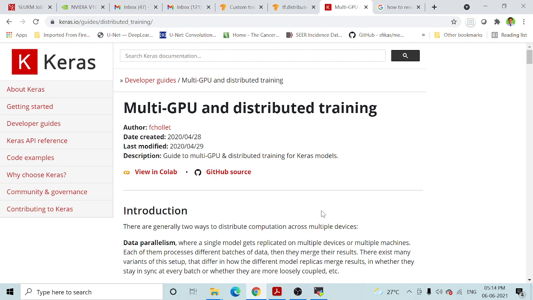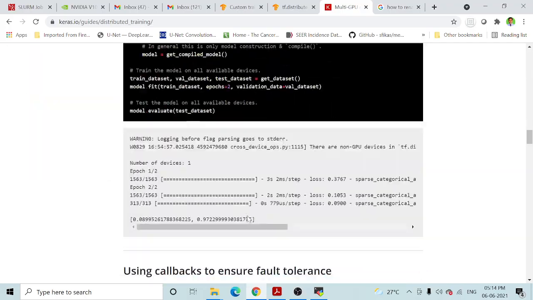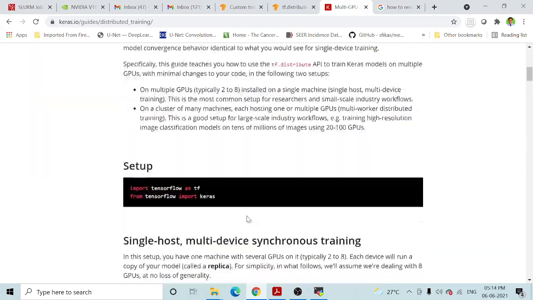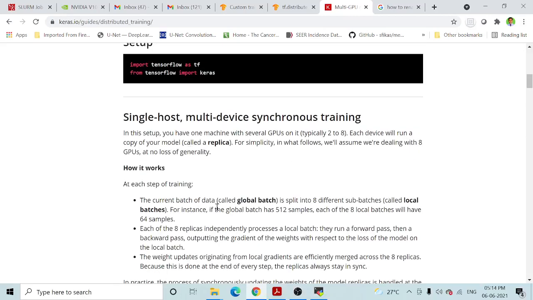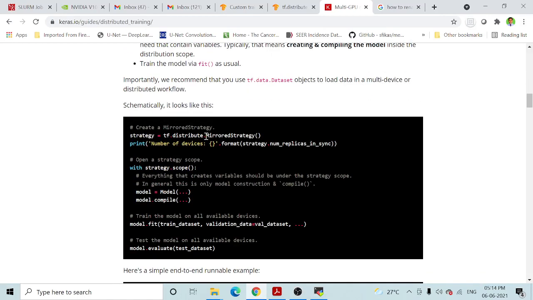So I will demonstrate the use of both GPU cards while training. For that, I will use this particular tf.distribute.MirroredStrategy.